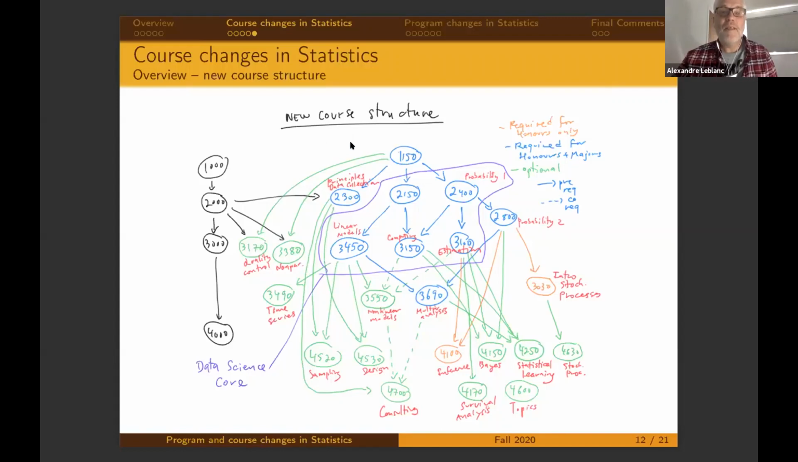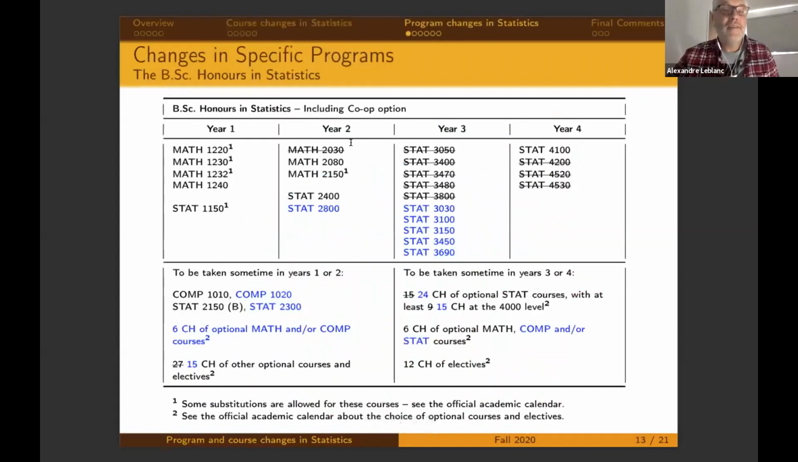Okay, then. So, program changes. I'm going to show you at a glance what we've done, so you have a feeling for what's going on. I'm going to start with the honors and statistics. This is the table as you would have seen it before in the calendar, if you've looked at that at this point. That was last year's table for required courses. I've reproduced the table here, except I didn't go into the details for the optional courses. You can see down there,